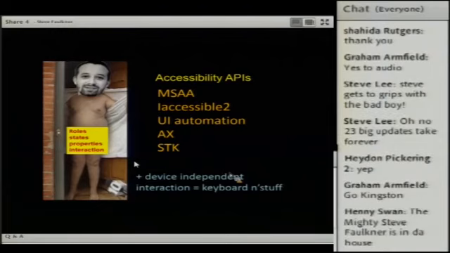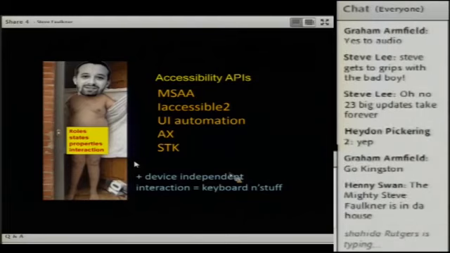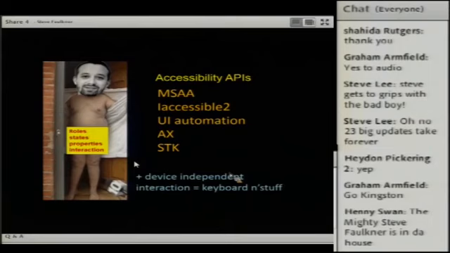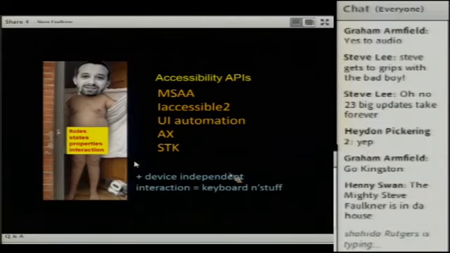But these APIs expose information to assistive technology in a standardized, uniform way across the various platforms, as in across OSs, Windows, Mac, etc. And some of these APIs, well, the main ones are MSAA, which is Microsoft Active Accessibility, and that's one of the oldest APIs, and it's been subsumed or overtaken in Microsoft's eyes by UI Automation, but much of the information in MSAA is still used today by assistive technologies, and I'll be showing that a bit later.